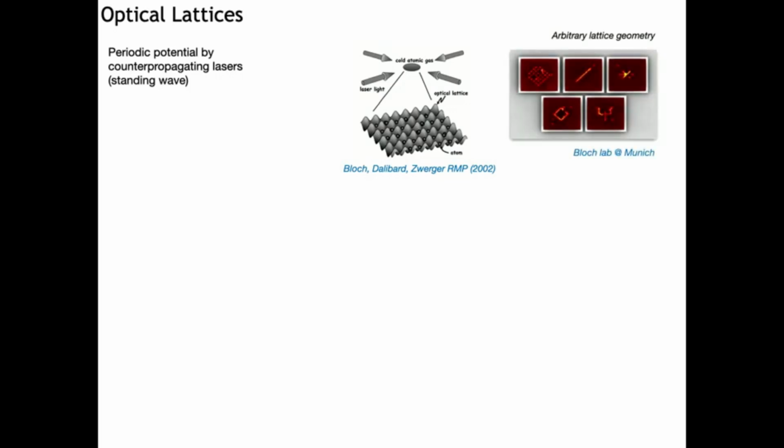And the level of control on these systems has become really high. So this picture actually is quite old, coming from Bloch Lab. But you see here that what the experimentalists can do is really place atoms in predefined geometries on the lattice. So this is just to show the great level of control that can be achieved. You can displace atoms in particular shapes and essentially engineer the initial state and engineer their